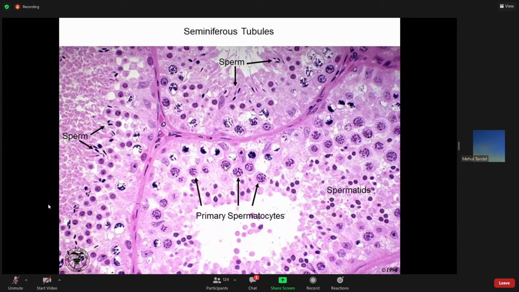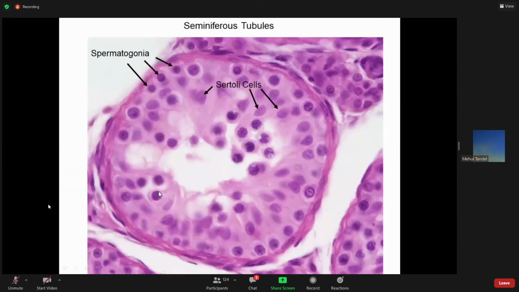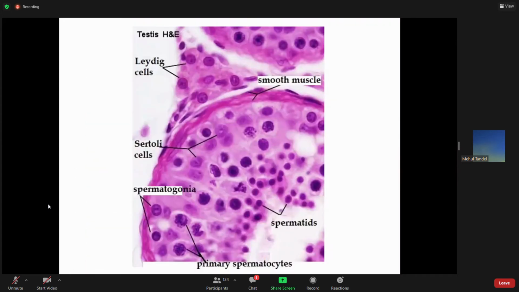are the largest round nuclei, nuclei of spermatocytes, and toward the apex mostly spermatids. So that is how to differentiate various cells under the microscope. Same thing you can see: the Sertoli cell nuclei are oval in shape, near the base there are always spermatogonia, and the largest nucleus is the primary spermatocyte. So that is all about the